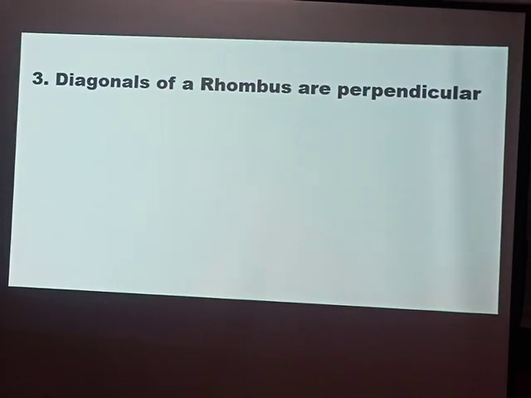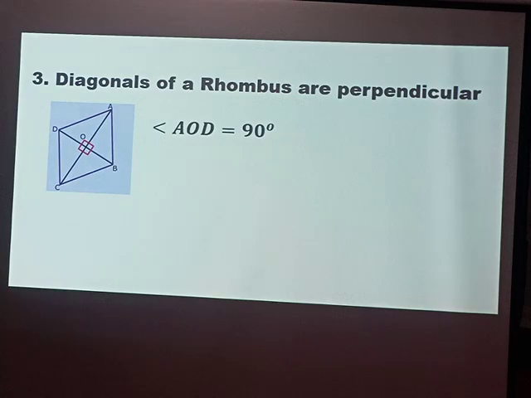So our next property which you need to look at is that the diagonals of a rhombus are perpendicular. What do I mean by this? When you look at my center, I have the diagonal BD, and I have diagonal AC. If you look at the diagonals BD and AC, there is a symbol of 90 degrees, a right angle here. So according to my statement at this point, you see that angle AOD,